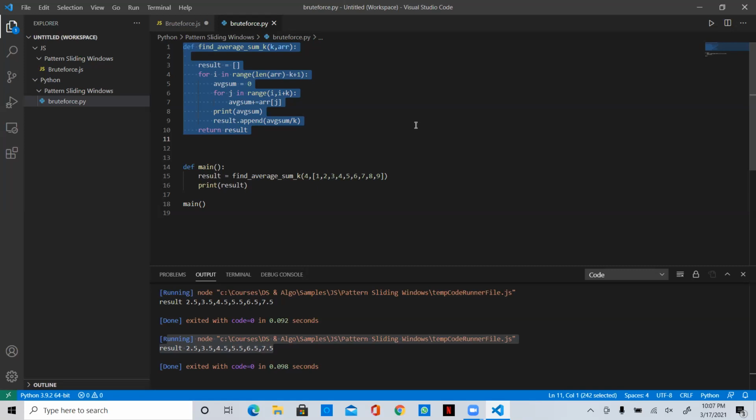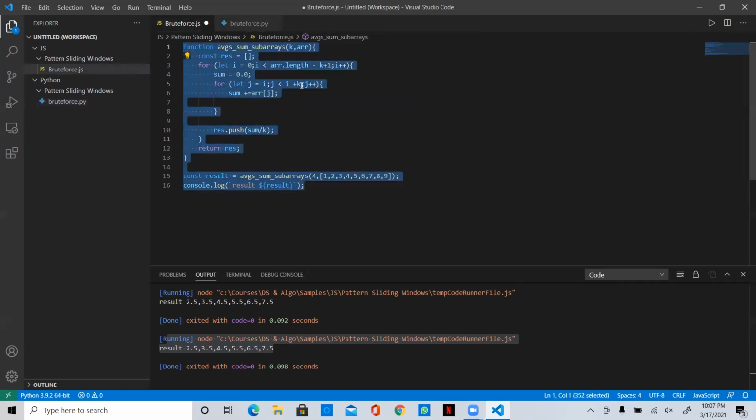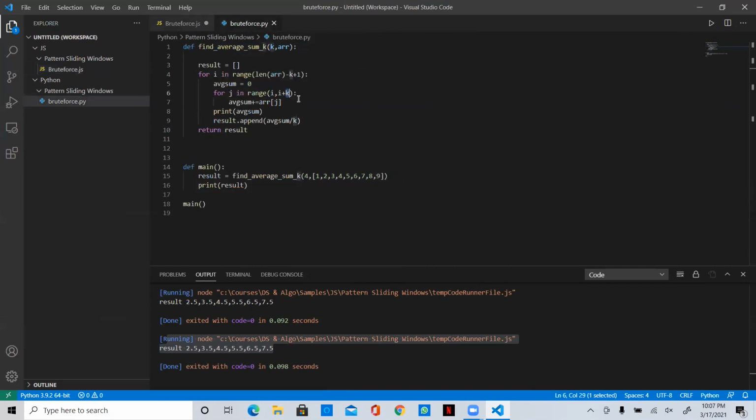Log k should not come. Log k will come only when it is in the multiplication. When something is in multiplication, then you might get it. It's not a thumb rule that you will always get log k when you see something with multiplication. Here you don't see anything with multiplication, right? Your code is simple and clear. It's just j plus plus. Here it is i plus plus. Think again.